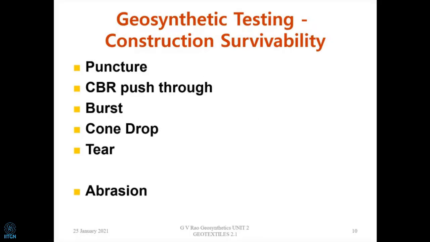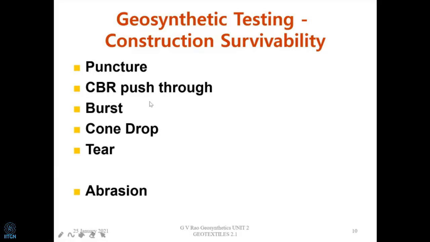Now, after having done this entire work, we have designed a geosynthetic for use. When we start placing it in the soil, it's likely that due to construction operations it may get punctured. If somebody puts a stone on it, naturally the geotextile covering it is going to get a hole or something like that. So the puncture is going to cause a disruption of the entire fabric, and naturally it will not perform in the same way. All these tests, which you'll see in great detail later, will be puncturing, using a CBR plunger. This is called CBR push through.